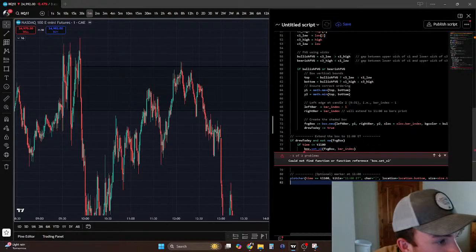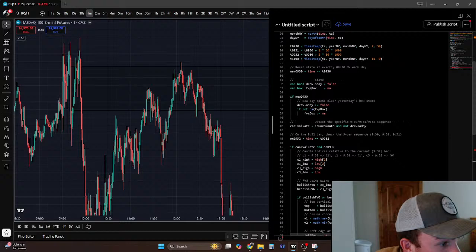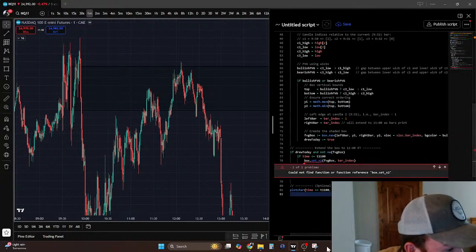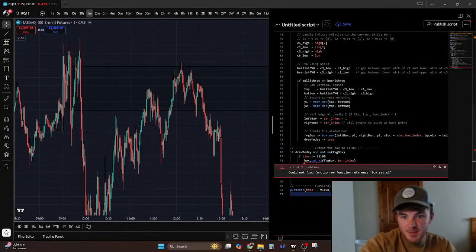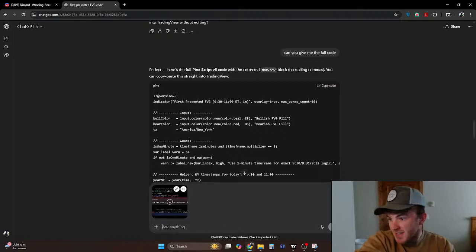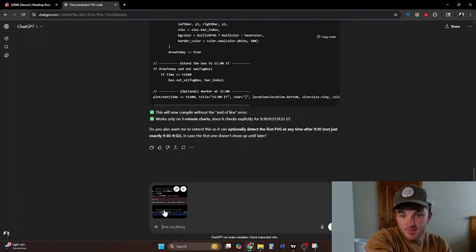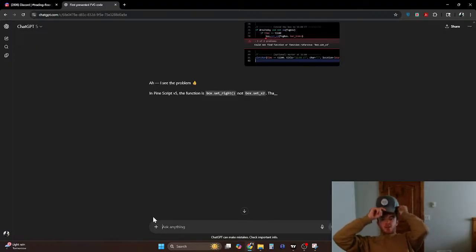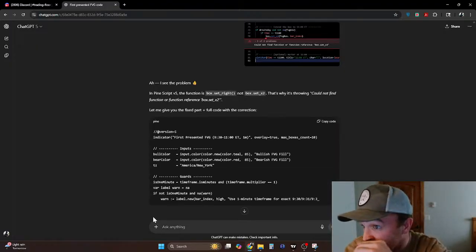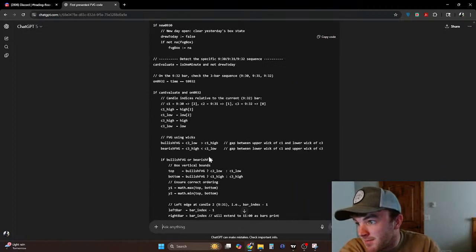So okay, a function is something we had to call earlier in the code. So let's see if we have a function that sets this. Actually, let's just give it to ChatGPT and see what it does. Alright, ChatGPT, figure it out, bro. Figure this out. Go. Yeah, it's probably kind of hard, but that's why I'm having ChatGPT do it, because it's smart. In Pinescript, the box.set right script is not box.set underscore x2. So, give you the full code. Alright,